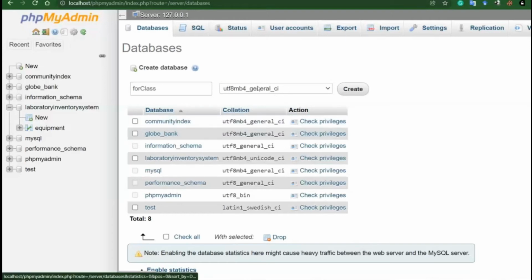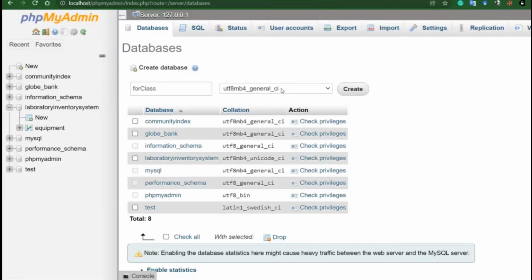Collation means that when data is stored inside the database, this determines how the characters are stored. There will be string data, there will be comparison between strings, a lot of string processing. So what type of engine, what type of mechanism should be used for handling the data inside the database?